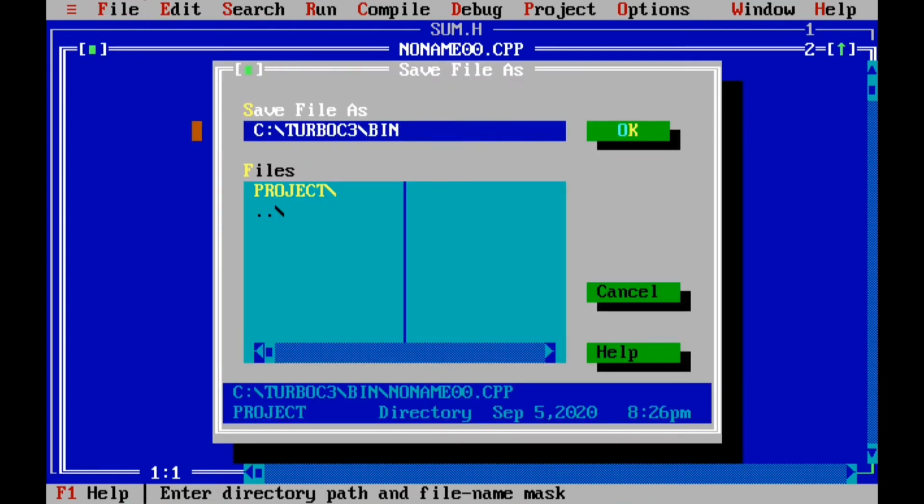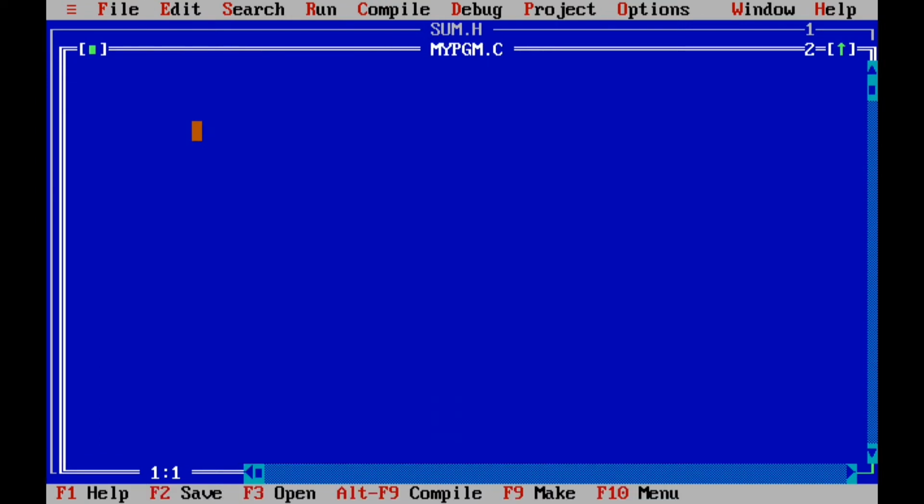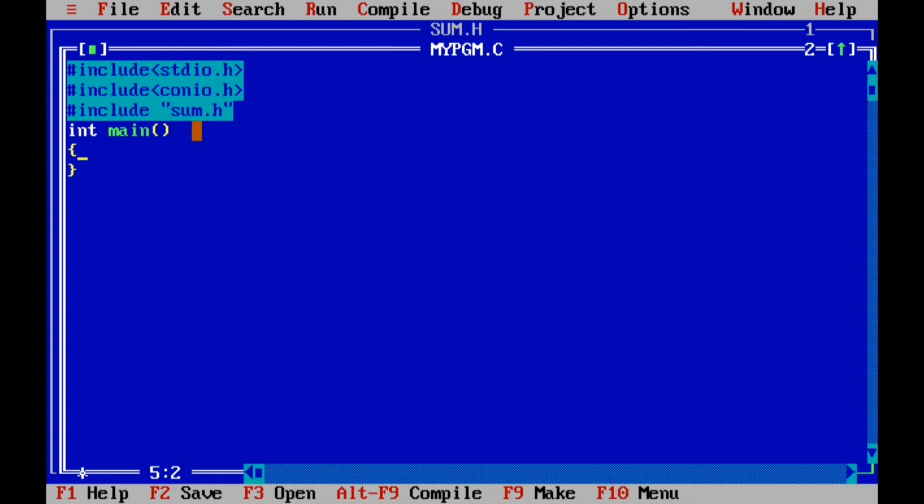In this file we are going to import sum.h, and then write the program and use the sum.h file. First of all, we will import our necessary libraries, that is stdio.h and conio.h. Now we will import sum.h using double quotes. Once we have included sum.h, we can declare our main function, which will return int.